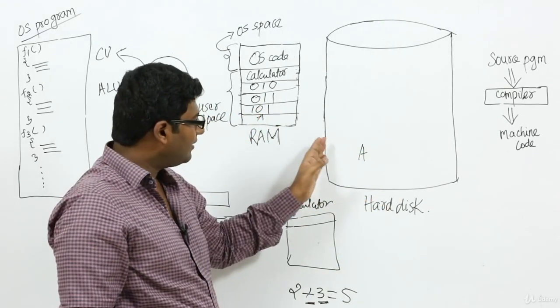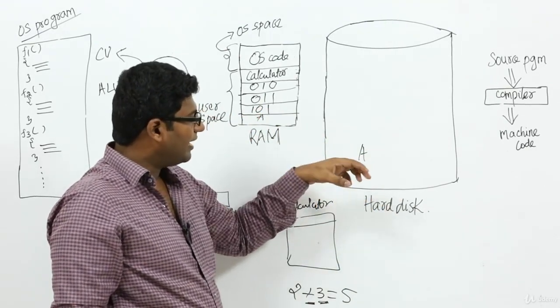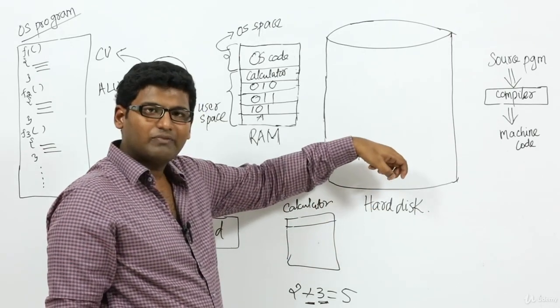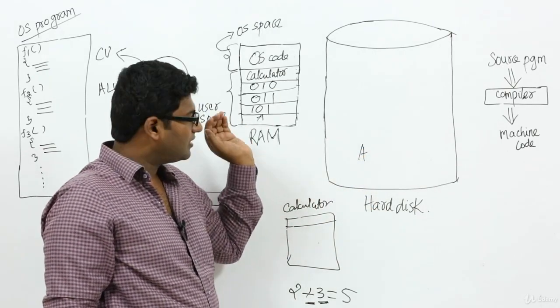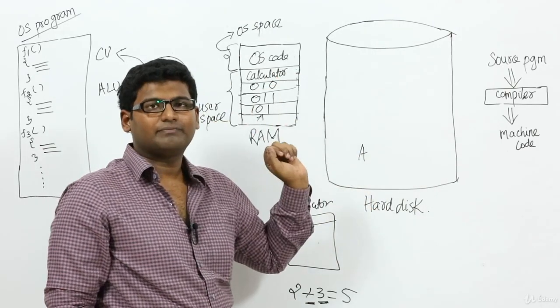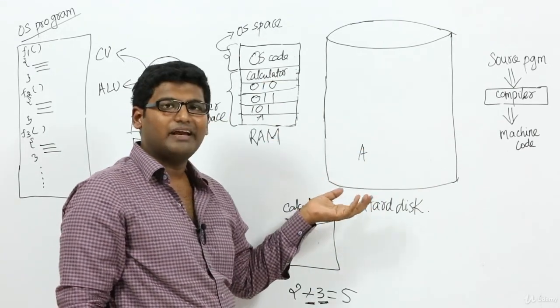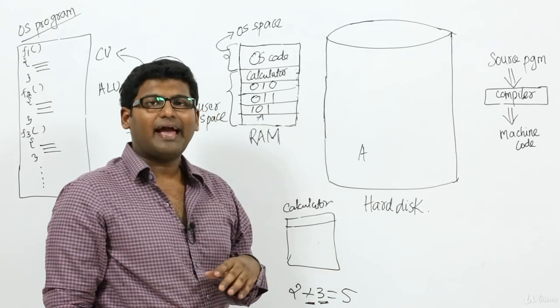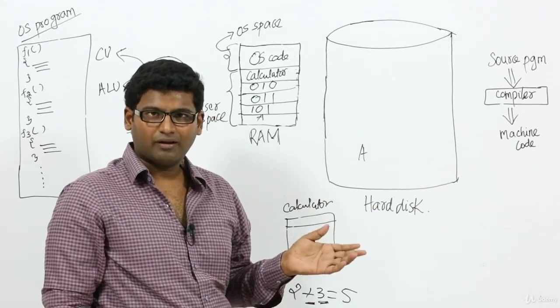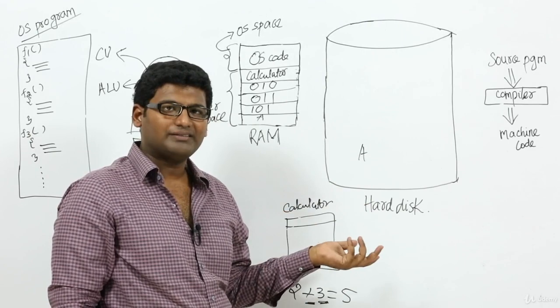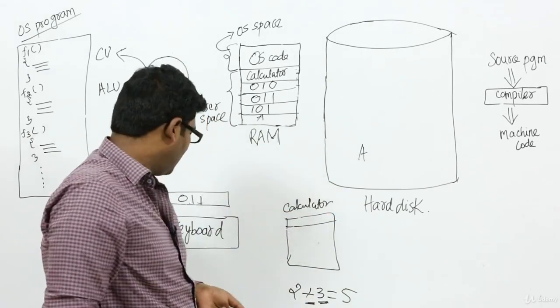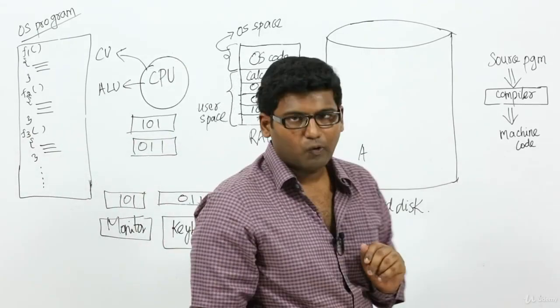Okay, so hard disk, we can either read something from the hard disk, as well as we can write something into the hard disk. So hard disk can act as an input device, as well as it can act as an output device. Whereas in case if you take keyboard or monitor,